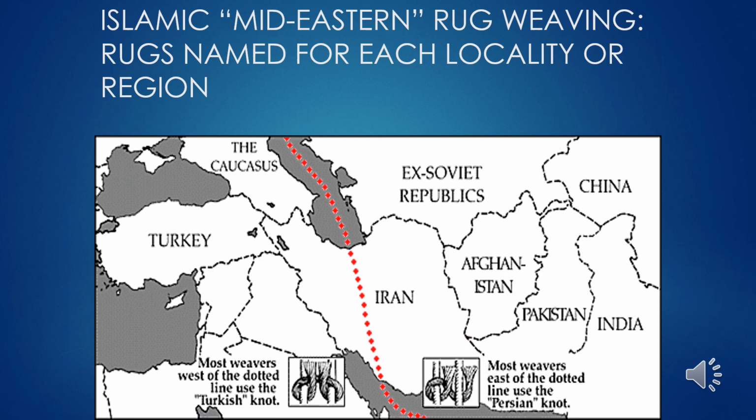In fact, there's different techniques used on either side of that red dotted line approximately. So we have what's called the Turkish knot being used on the west side of that line, and the Persian knot being used on the east side of that line. So if you'll see on the bottom, you can see a diagram of the Turkish knot where the 2 threads wrap in and up, and then the Persian knot where they go in a continuous direction. But again, these rugs can have up to 500 knots per inch. So if you can just imagine sitting at a loom and trying to tie 500 tiny little knots in 1 square inch, you'll know how complex these patterns can be.